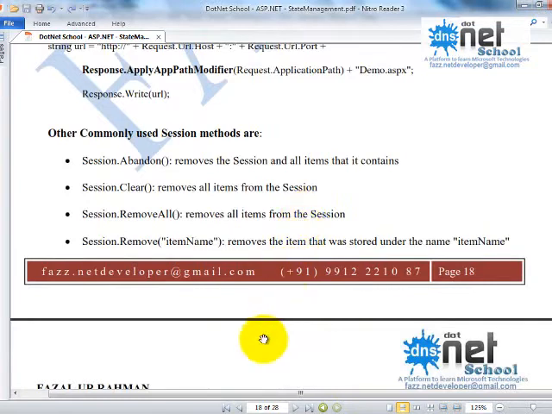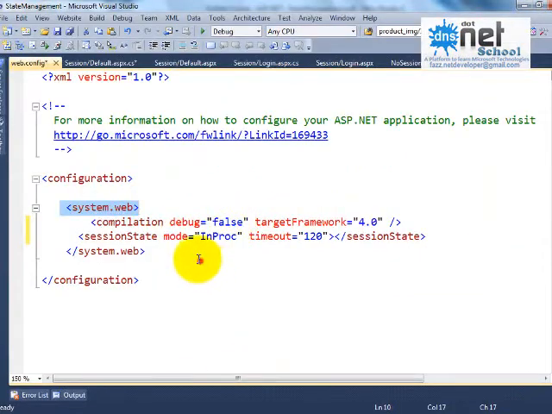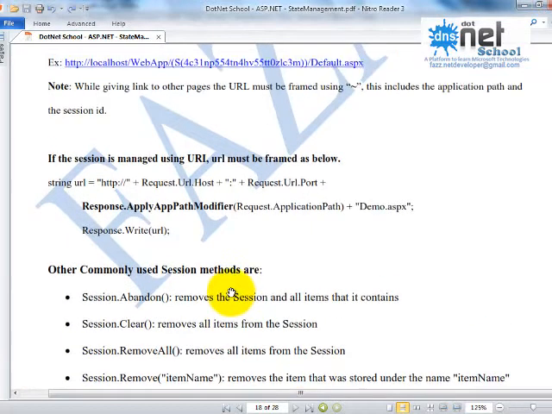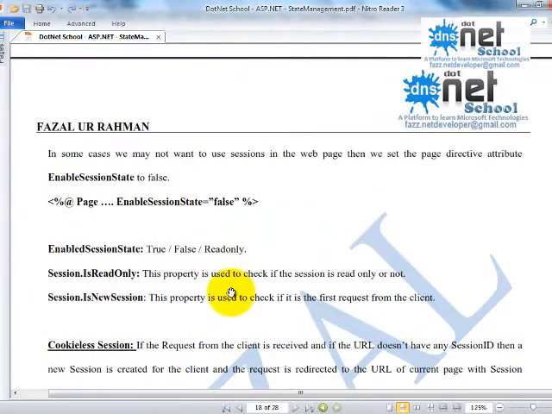Can I see the web config file? Yes, yes. Okay, finished.